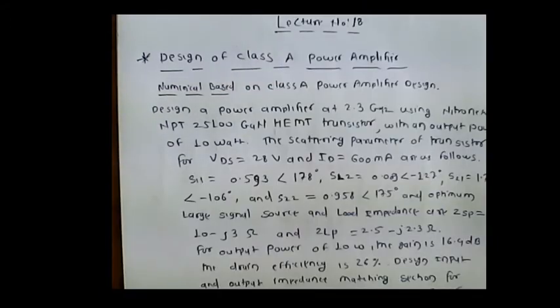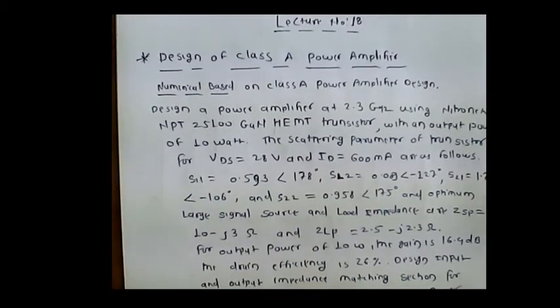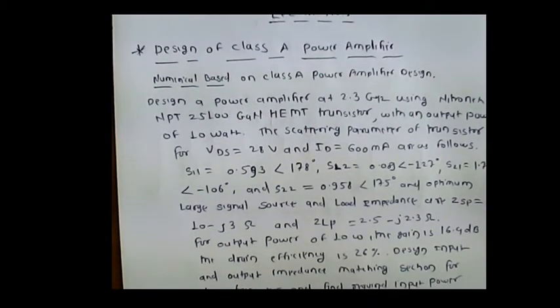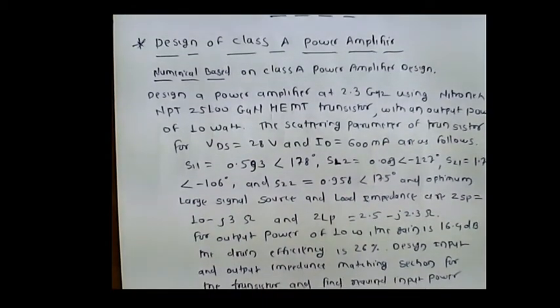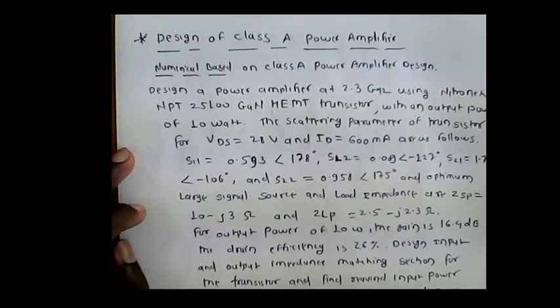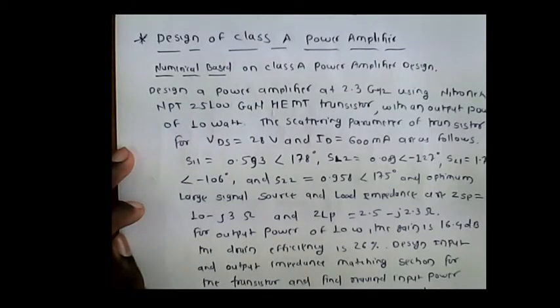The efficiency, called emitter efficiency or drain efficiency, is given by RF output power divided by DC input power, P_RF over P_DC. By using this parameter we can design a class A power amplifier, and we can understand the concept of class A power amplifier design